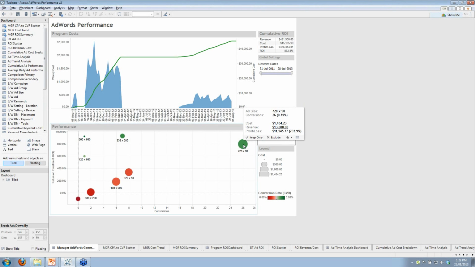If I were a marketing manager, I'd probably want to go to my ad agency and say, either spend a lot more money on the 728 by 90 or do a better job on the 320 by 50 because it's not performing as well. So this is the dashboard that you would look at on a regular basis. When you see something unusual like this 728 by 90, or if you see that your costs have really spiked,